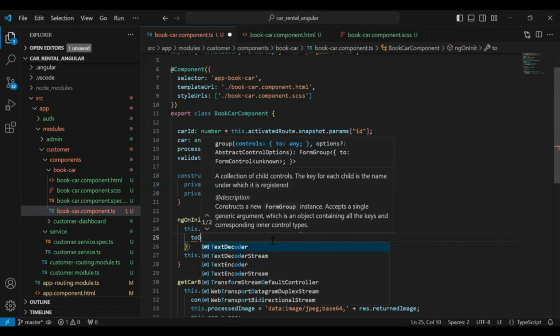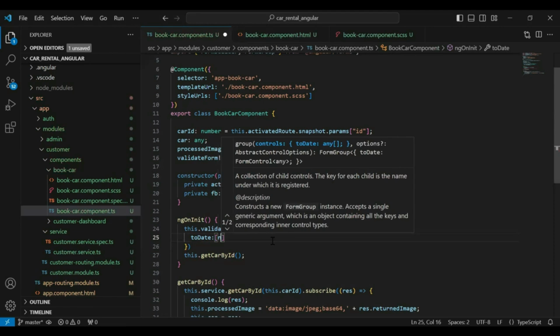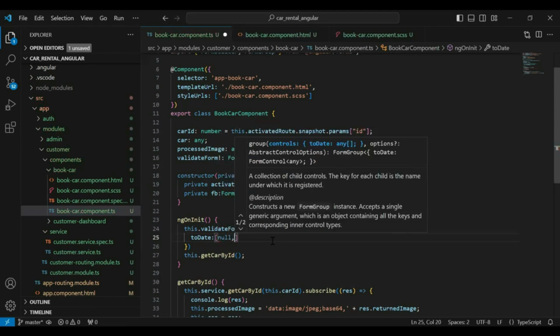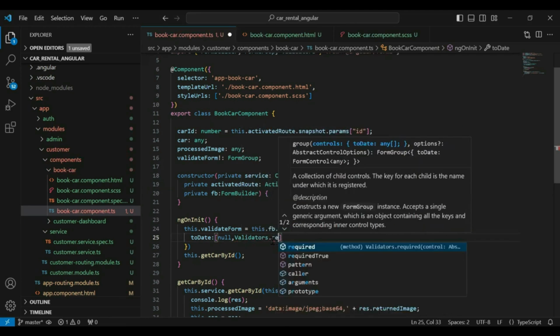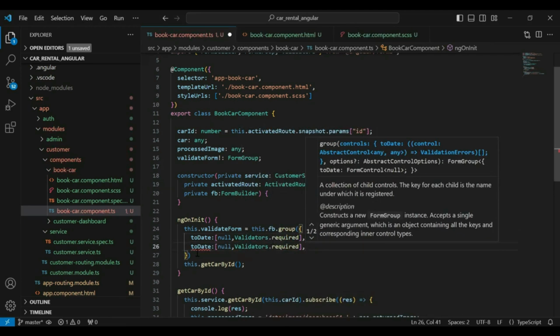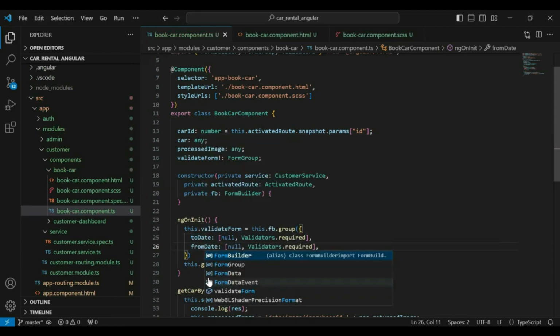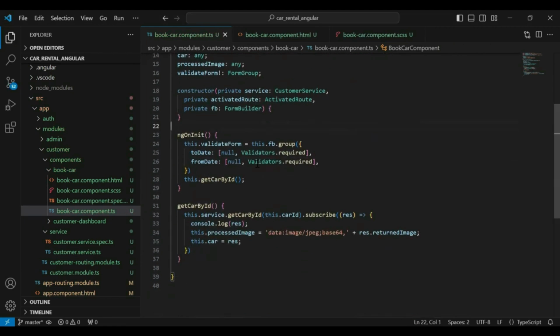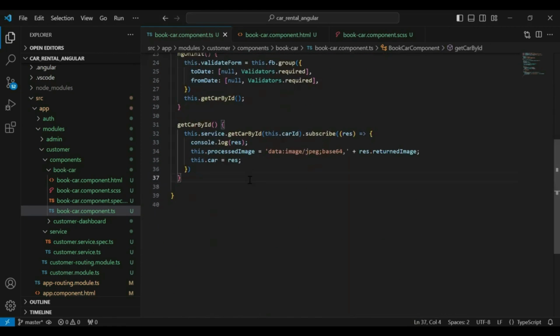So it will be toDate, and by default null, and the second is Validators.required. And the second, I'm going to add here fromDate. So let's save this. And here I'm going to create a method, bookCar, which in the argument will receive data, of type any.